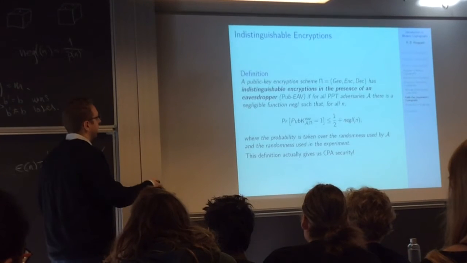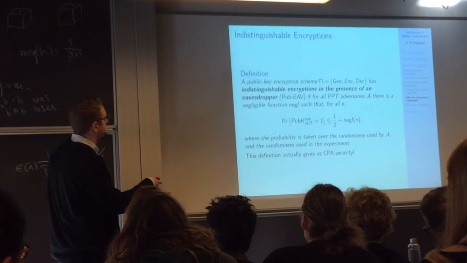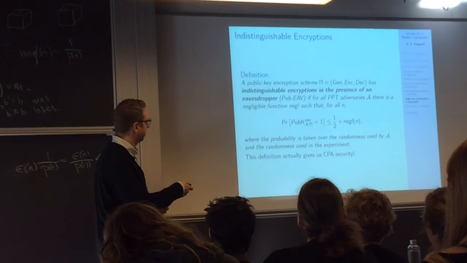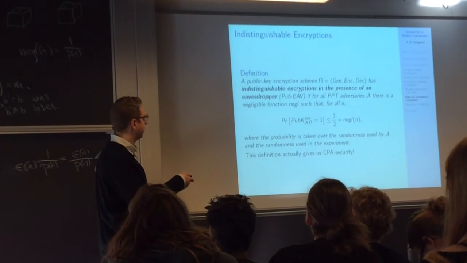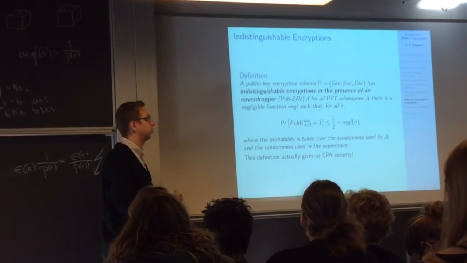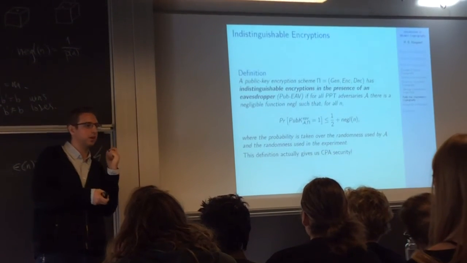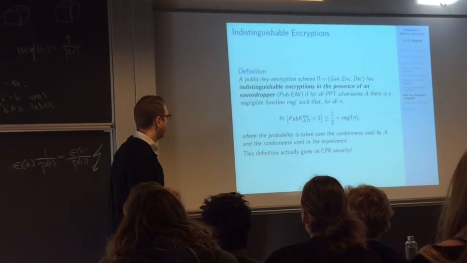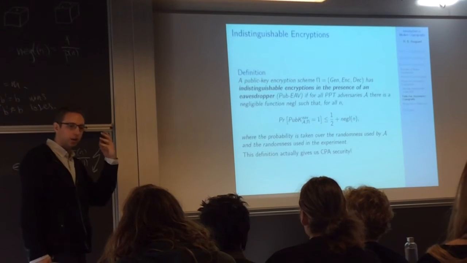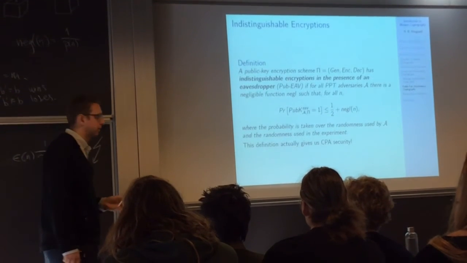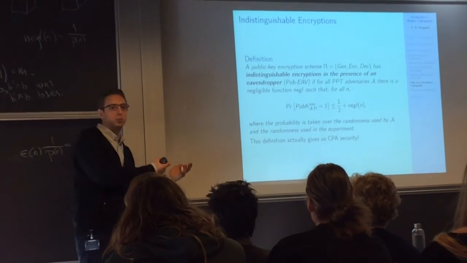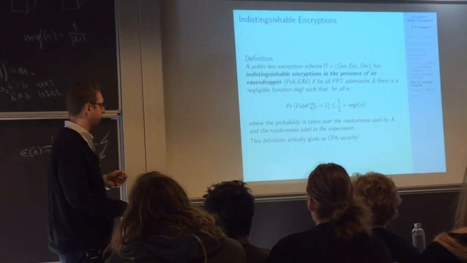Right, so again, indistinguishable encryptions in the presence of an eavesdropper, called EAV, and we have the exact same thing. This is again PPT adversaries, and some negligible function has to exist such that success probability is still very close to only half. And yes, so this definition actually gives us CPA security. Like I said, you get this chosen plaintext attack security because he has an oracle where he can choose his plaintext, encrypt them, and do whatever he pleases.